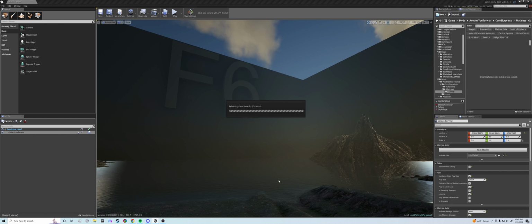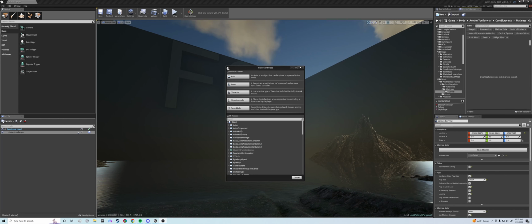Didn't account for getting rebuilding class hierarchy out of the way prior to recording. Alright, if I had not sped that up or edited that out, that took a solid minute, if not a minute and a half. So we will be, once again, creating two assets. One, a blueprint, which will be the parent class of